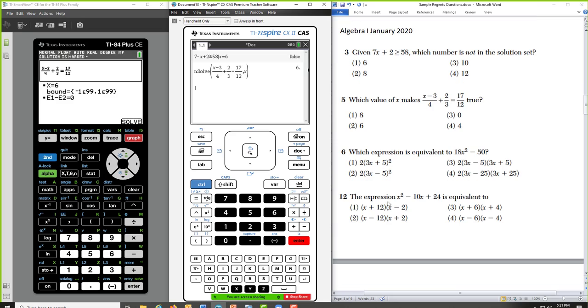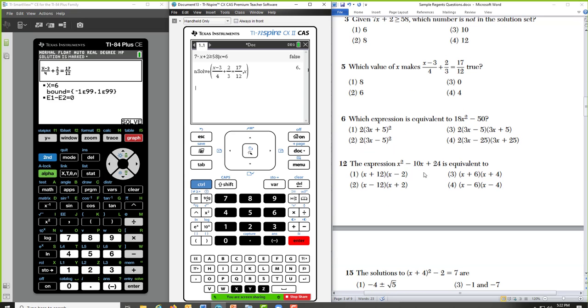Number 6, the expression is equivalent to. This is just like what we've been doing with the 12.3 store into x. 1 means yes, 0 means no. Number 12, again, another factoring problem. You are just doing that 12.3 store into the variable they're using.